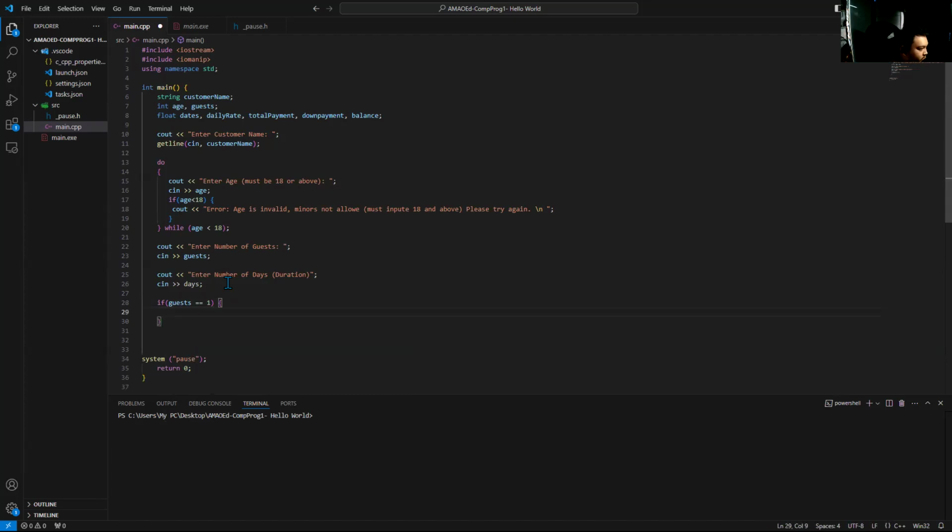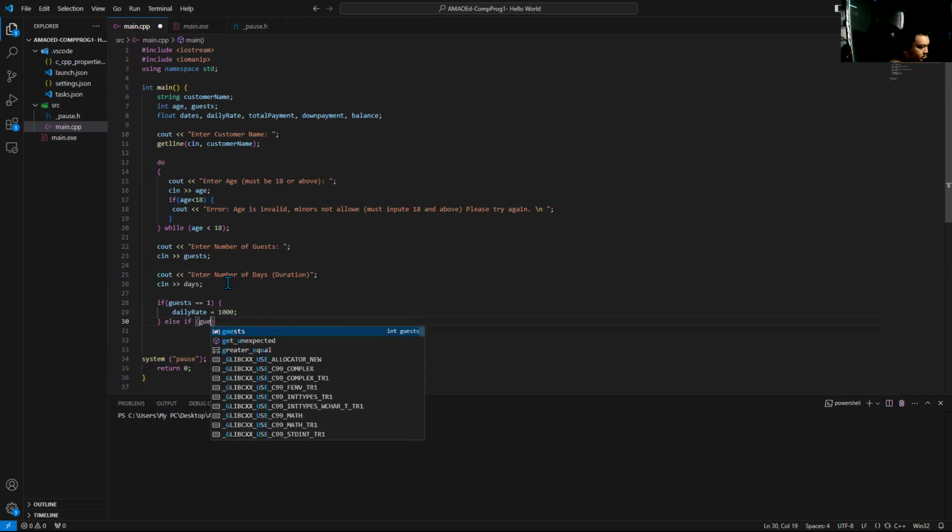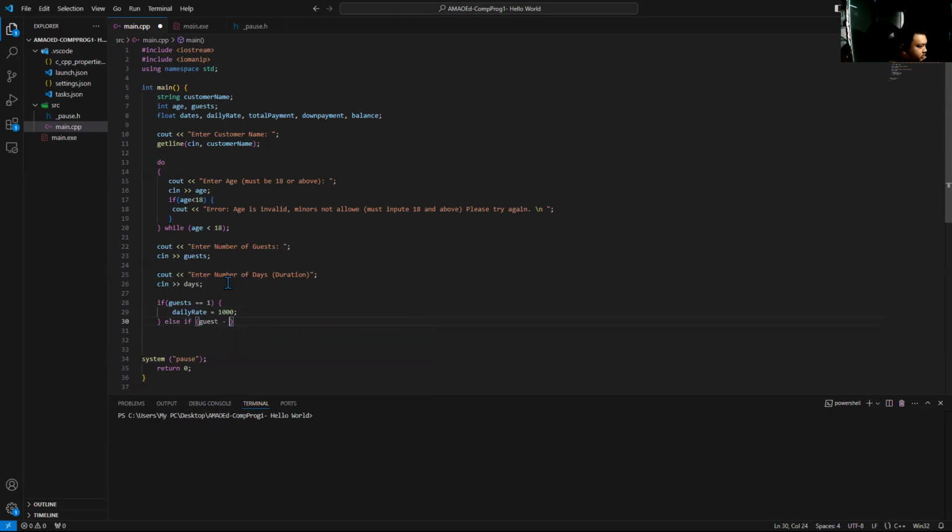So if the guest count goes to 1, daily rate should be 10 grand. That should be fine. If not, else if the guests are equals to 2,